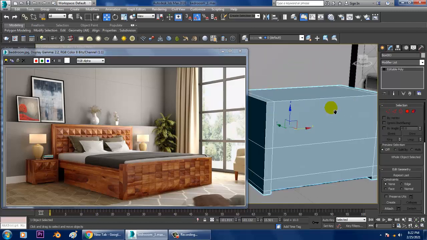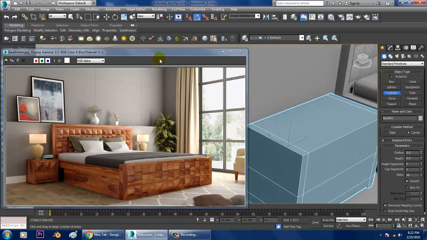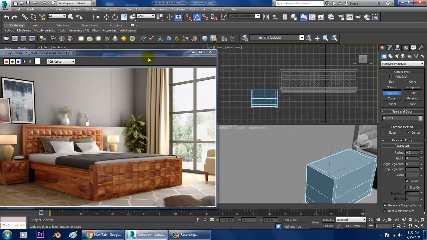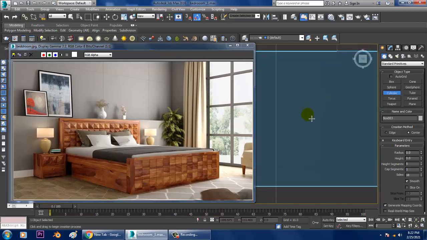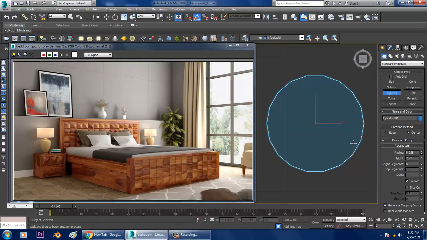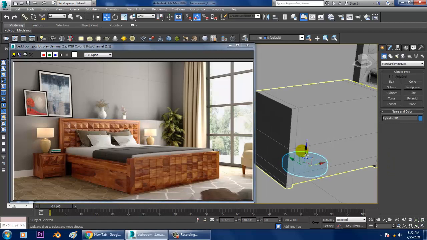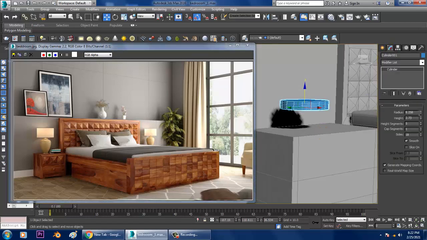Once you're done with this, now we'll be going over here and creating this lamp. So how are you going to create a lamp? Very first of all, let's go into the cylinder. Let's go to the top view over here. For the upper portion, let's slightly push this up, increase its height.